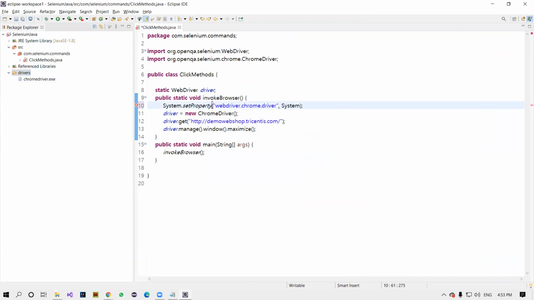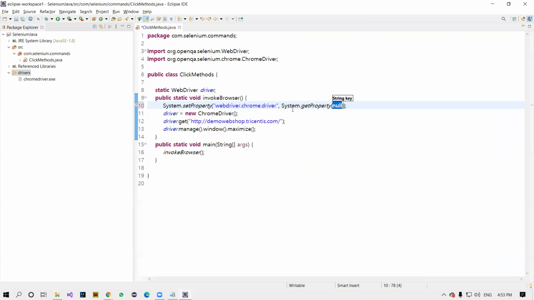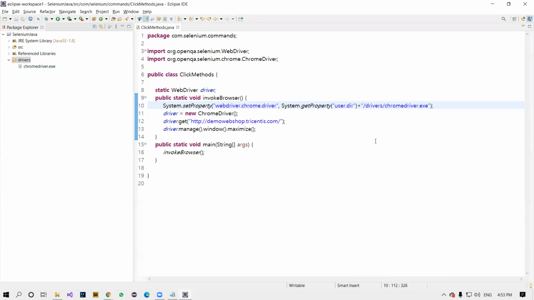System dot get property, and you call the user directory of the Selenium Java folder, that is user dot dir, and after that you provide the actual path of the driver. In the project you can see the drivers folder directly, so you give the drivers folder in double quotes, then slash drivers slash chromedriver.exe. Great. Now, right click on this one.